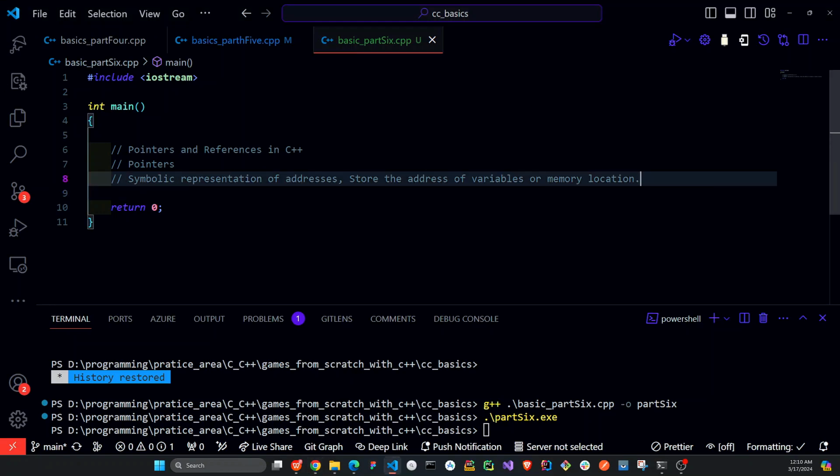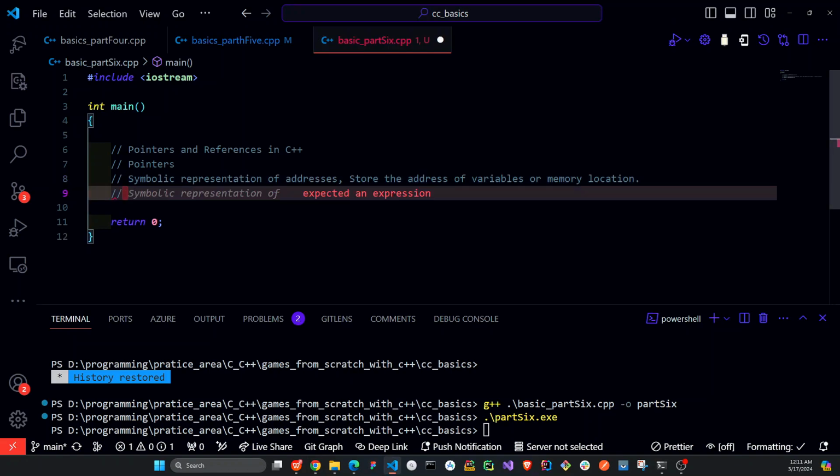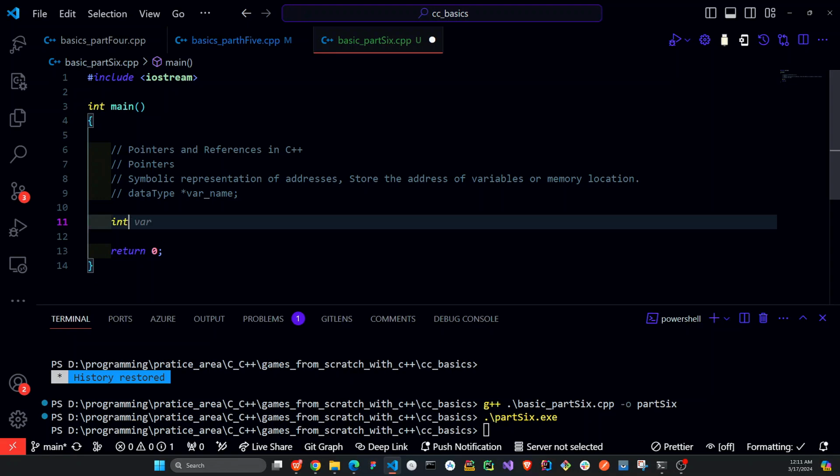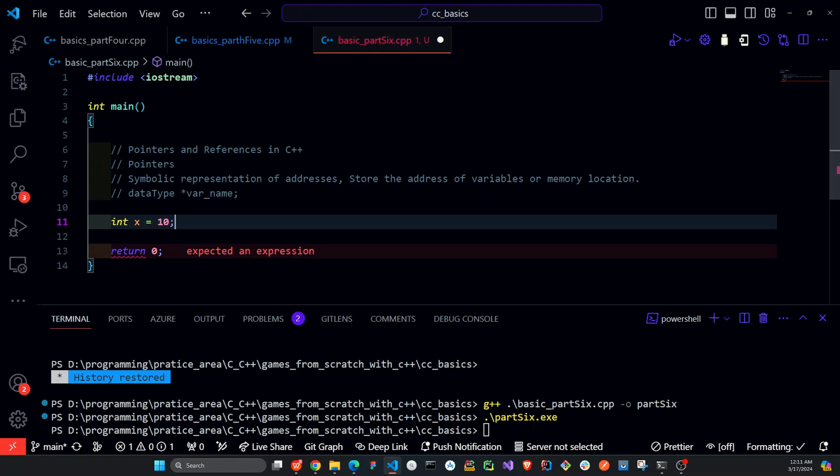In order to define a pointer, we say the data type, then we use the asterisk, then the variable name. So this is basically how we define a pointer in C++. Let's see how we can write some simple code for this. We have int x, say x is equal to 10,